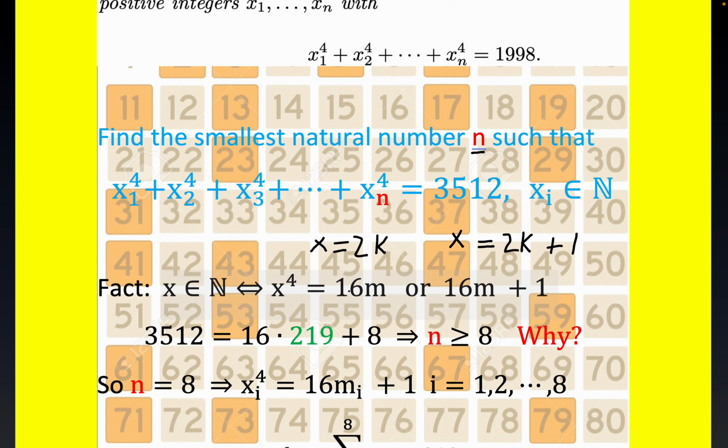that relationship motivates us to divide by 16. And this is what happens when you divide 3512 by 16. You get 16 times 219 plus 8. All right, now